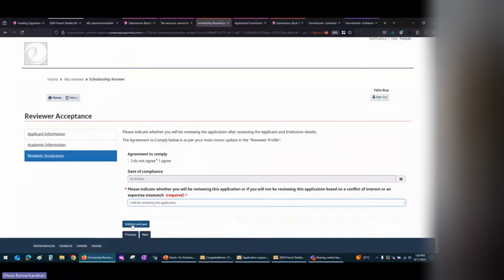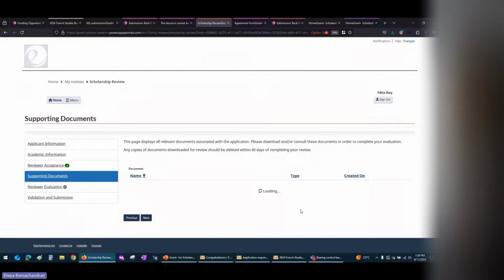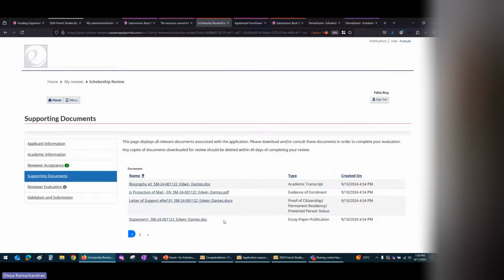But if they don't, they can just say, I will be reviewing the application, and it opens up further pages from the original submission. So Felix, for example, can now see Advina's original application documents and review the application based on the information that's provided. So it adds a second level of security in terms of making sure only the reviewer who has access to the system and does not have a conflict of interest has access to the information that is for Advina, for example. So Felix can download each of the documents, review it,